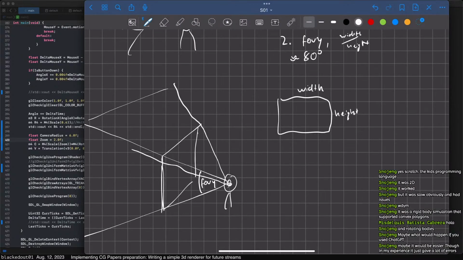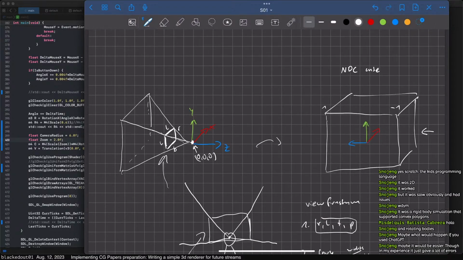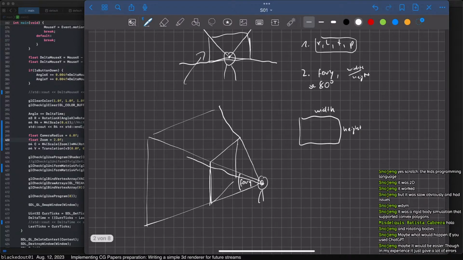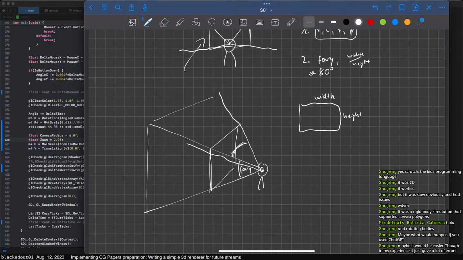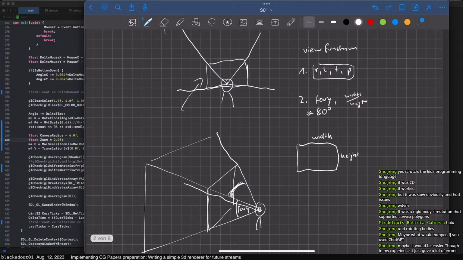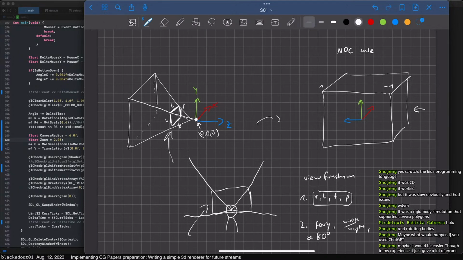So that we can correctly define the view frustum. Because if we don't know the aspect ratio and we only have the field of view in y direction, we don't know how wide the monitor is, which is important for the view frustum. And the second thing is because we